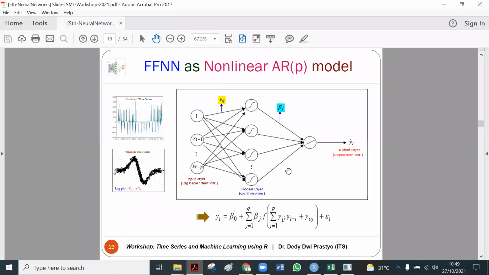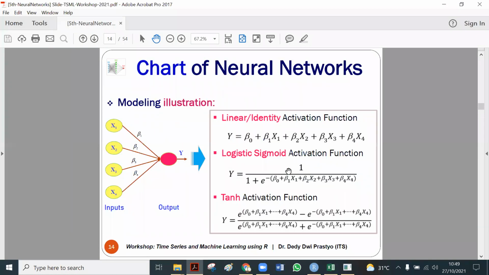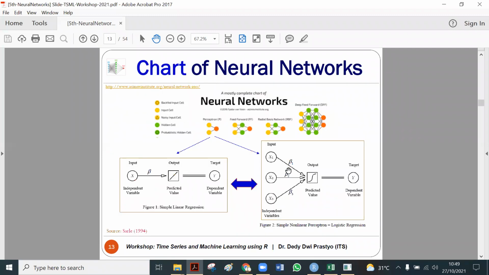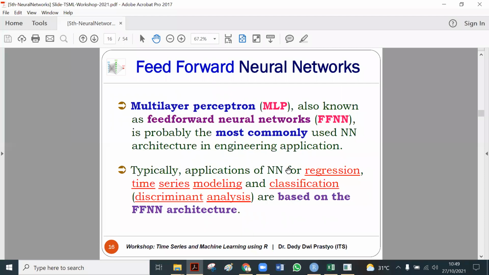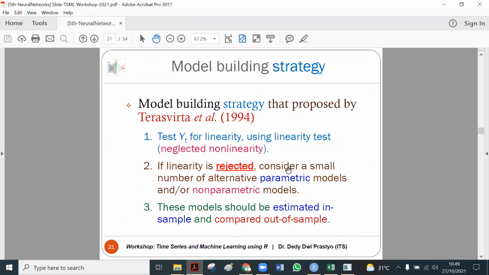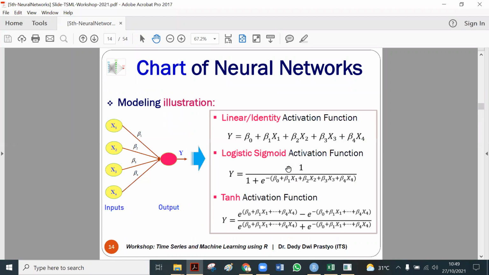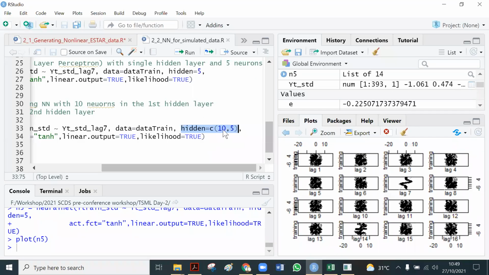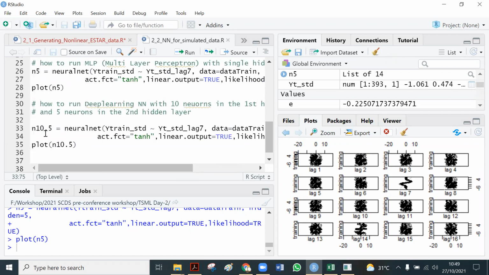It will look like this, but there is only a single output. So there are 2 hidden layers with 10 neurons and 5 neurons respectively.